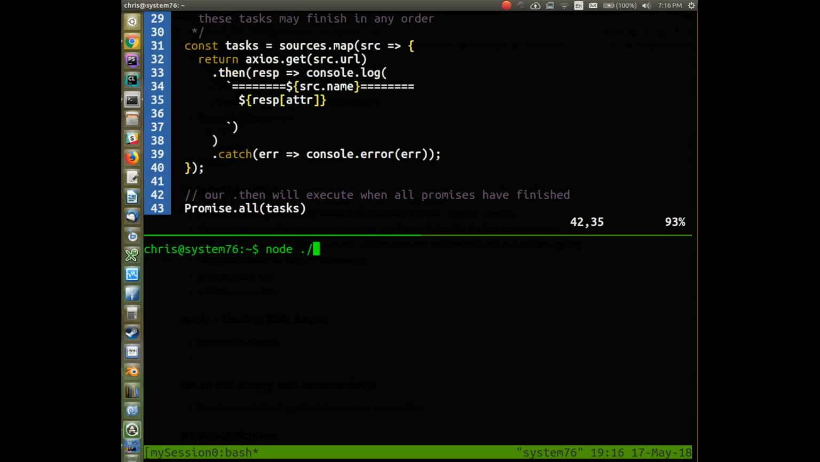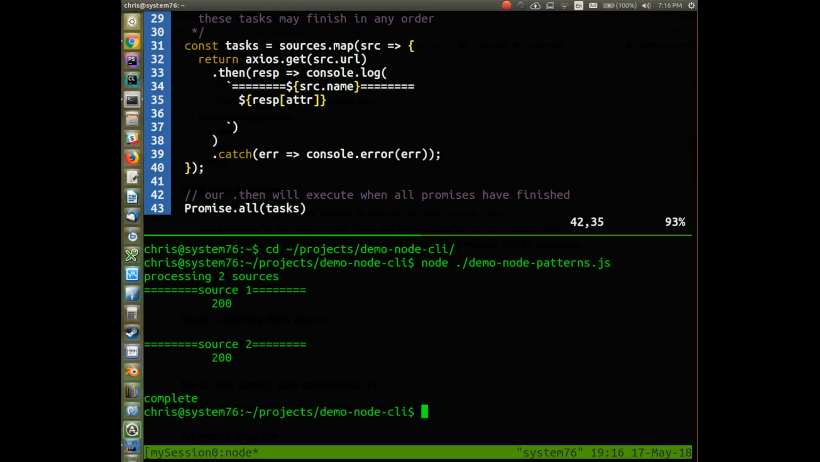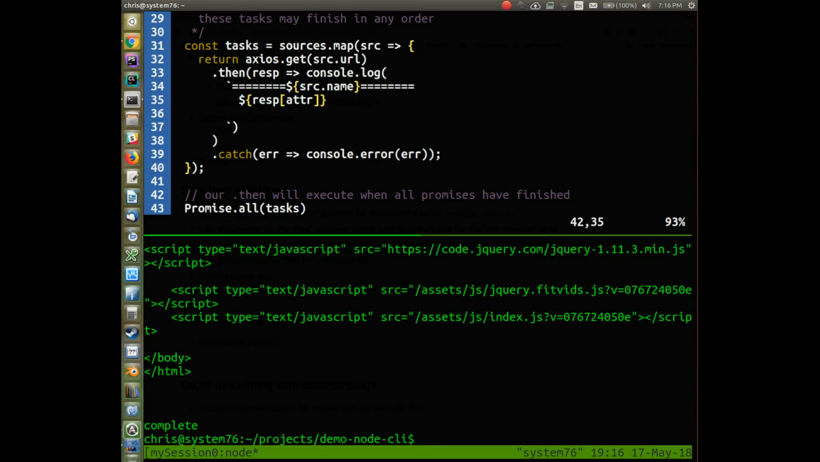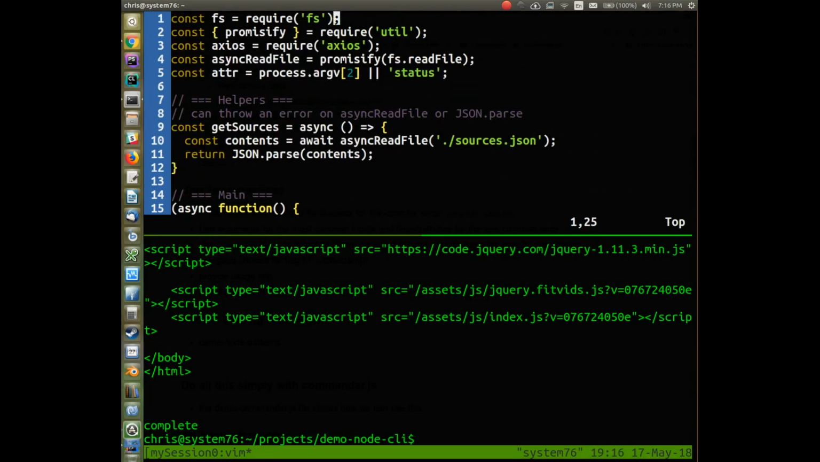So, if I could type out. So that pinged my two sources and it logged out the status by default. If I do that, it'll actually log out the HTML. And this is something else I was going to show. This will skip one of my demos, but